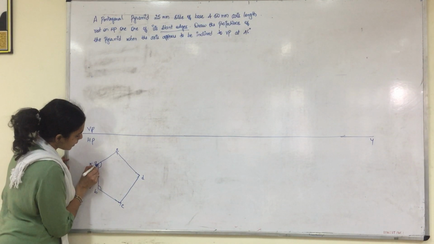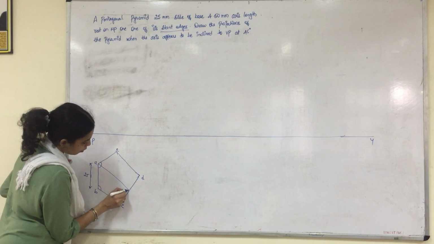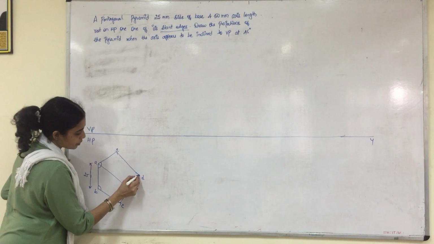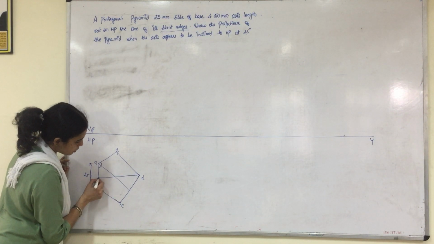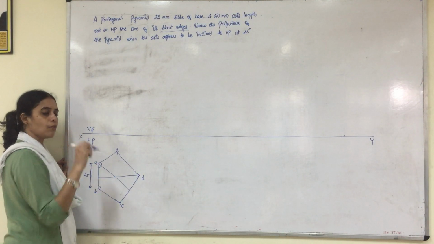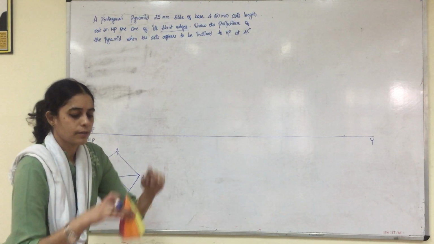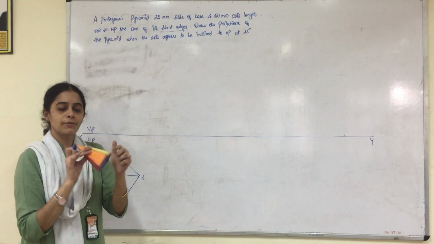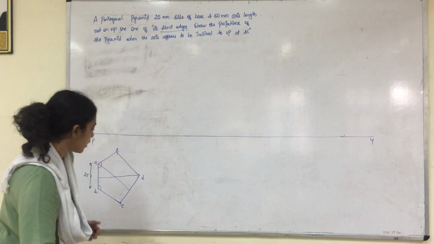You have to draw a perpendicular line from the corner to the opposite edge, and again from the corner to the opposite edge. So where it meets will be our center. So O will be visible from the top and O1 will not be visible when you view from the top. So you will write